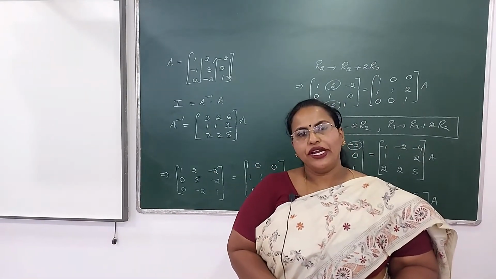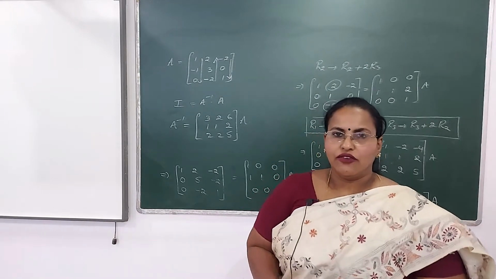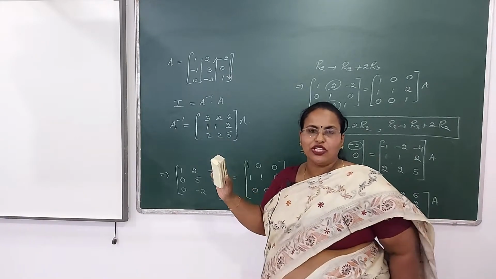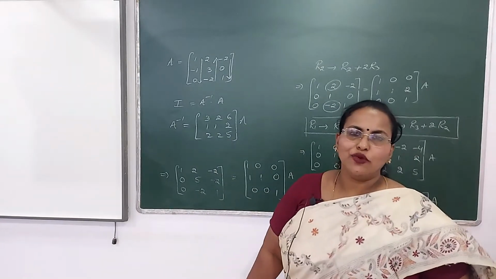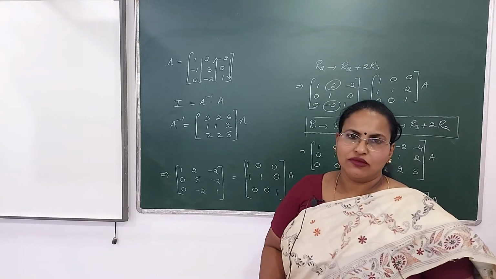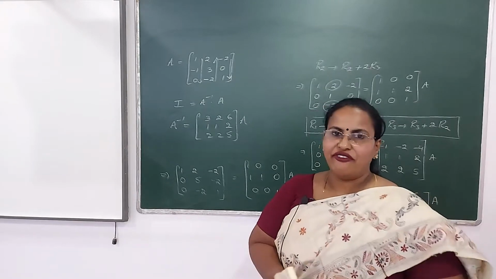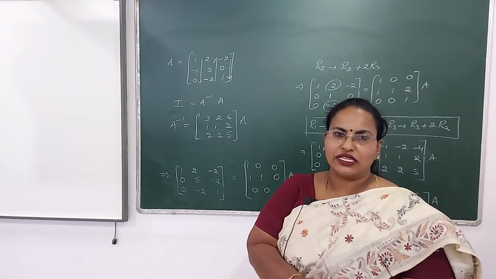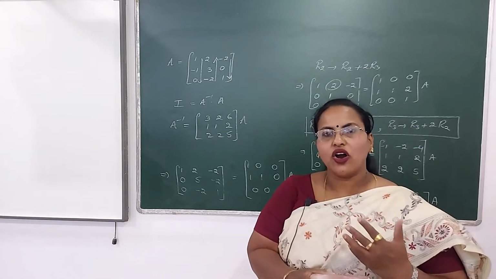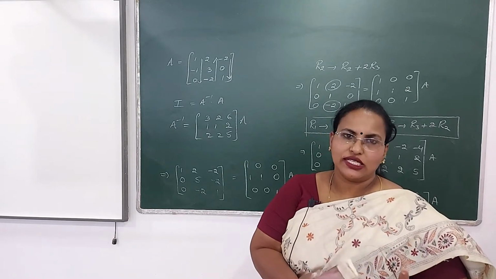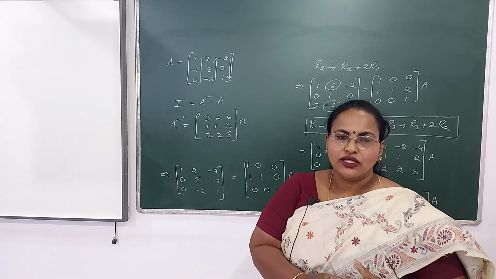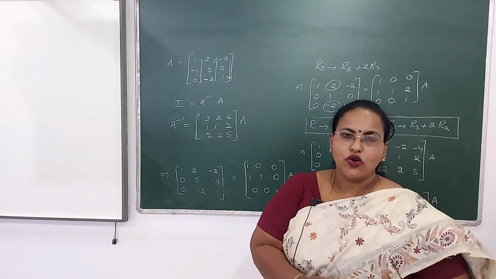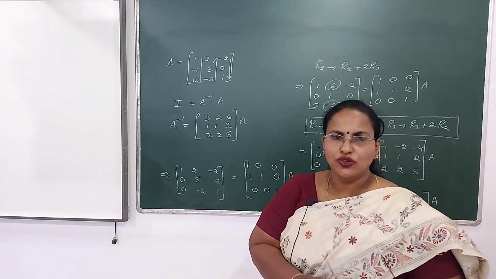One more point I would like to add. The way how you have done what I have explained in case of row transformation, exactly the same you will be performing in column. The movement will be little different, as when you are doing it in row, the movement is column wise. But when we perform in column, the movement will be row wise. That is the only difference. So exactly the same manner there also you will be doing. So I hope children the procedure is clear to you.